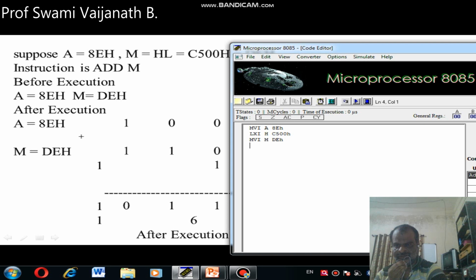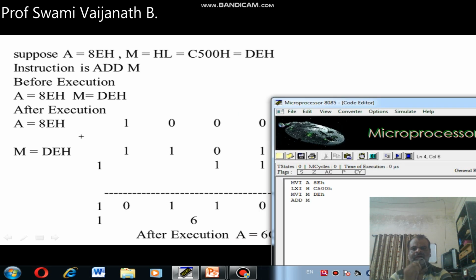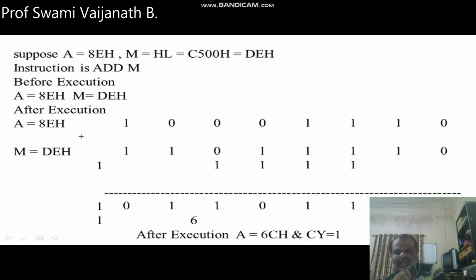Then I take the ADD M instruction here. See here in the example, A has 8EH, M has DEH.